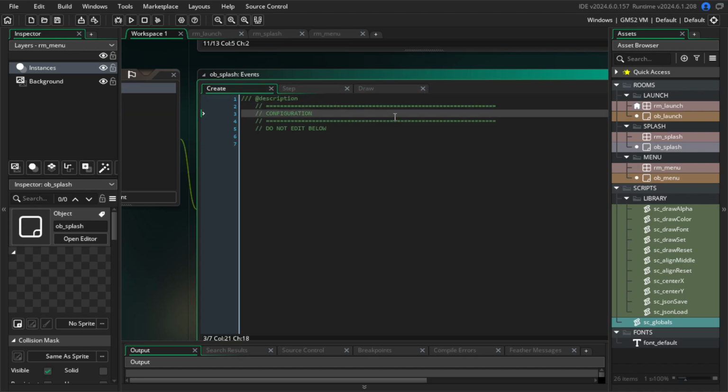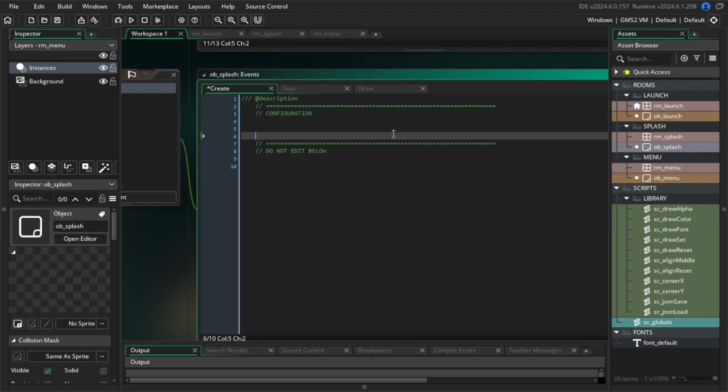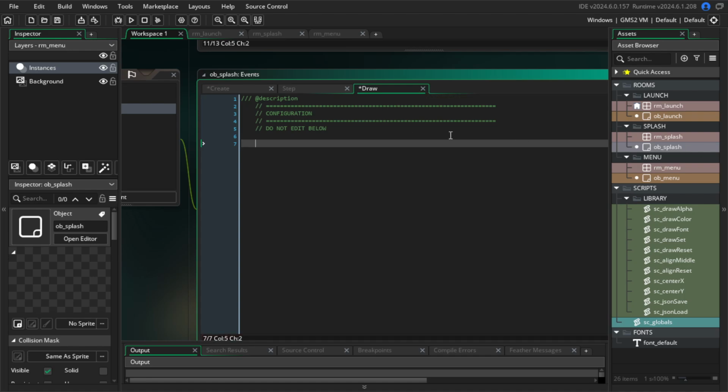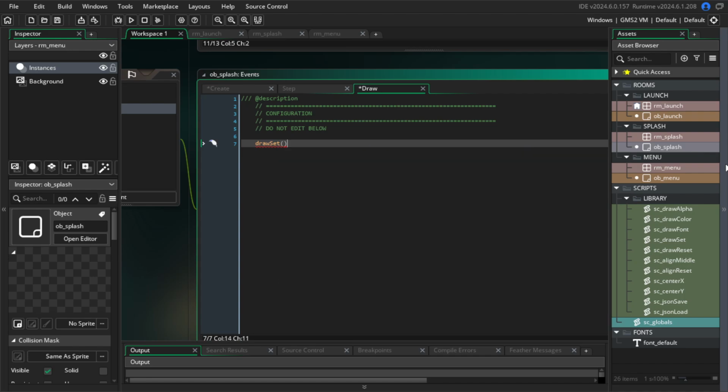And we're going to do this room differently. The last room operated on a straight timer and it goes right into the splash. This one's going to have a few different things going on. First off, we'll start in the center. Draw alpha. Let's say draw set. We'll put that like that for now. Actually,